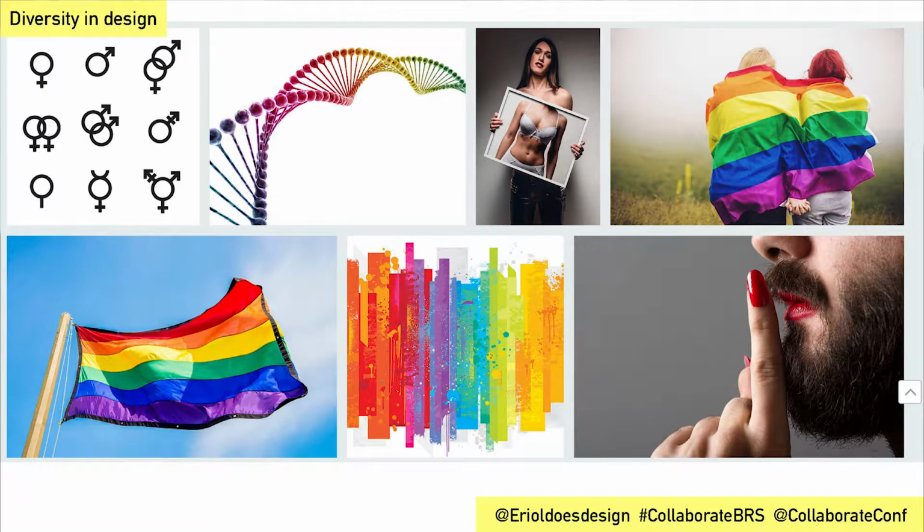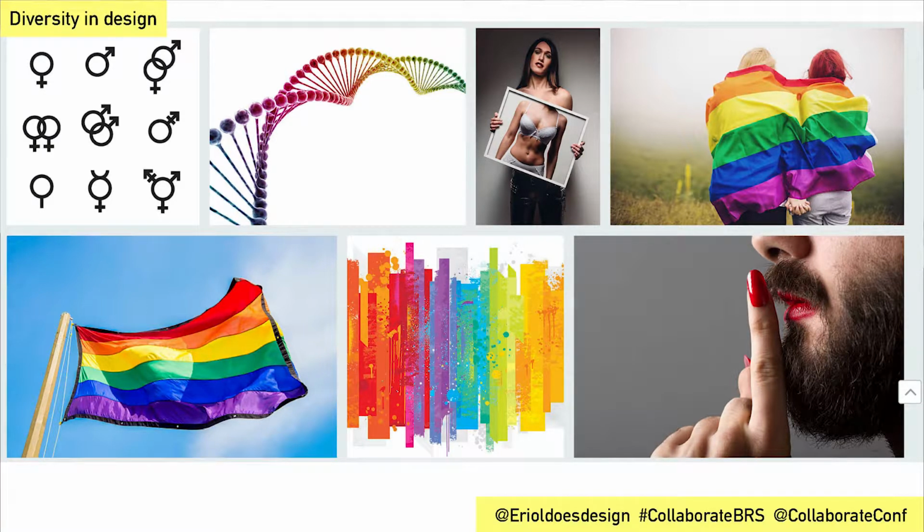And just to describe these images for anyone that is sight impaired, we've got the symbols in the top left-hand corner, typically the circle and the plus sign, which is typically the female symbol. We've also got the one that's the arrow with the male symbol, and a few variations of those. We've got some more pride flags, and then we've got some imagery which made me feel uncomfortable, given the, I want to say poetic, or the implications of the photography. So we've got somebody with facial hair, with red nails and red lipstick, with a sort of shushing noise going on. So really perpetuating this sort of secrecy imagery.